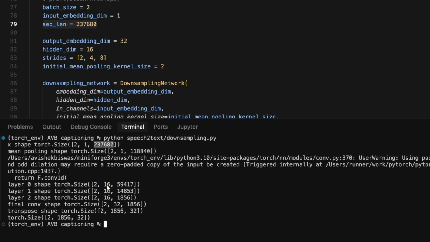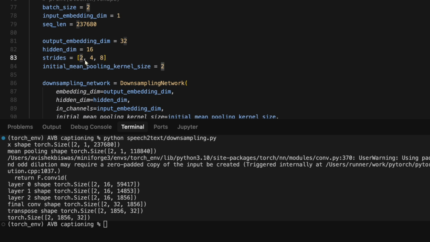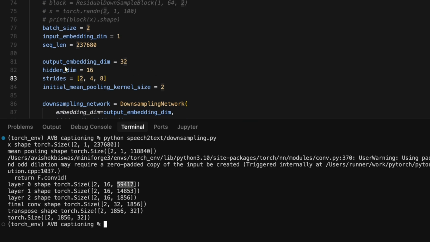The first convolution layer returns something of shape that, where it has downsampled again by a factor of 2. So 118840 becomes 59417. And because you had set the hidden dimension to 16, it had changed from 1 to 16. In the next one, we tried 4, and so 118840 was first changed to 59417, but this gets downsampled 4 times, so now it's